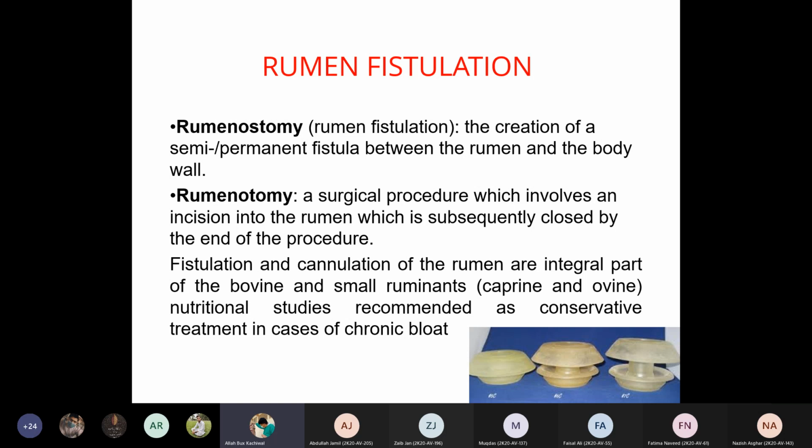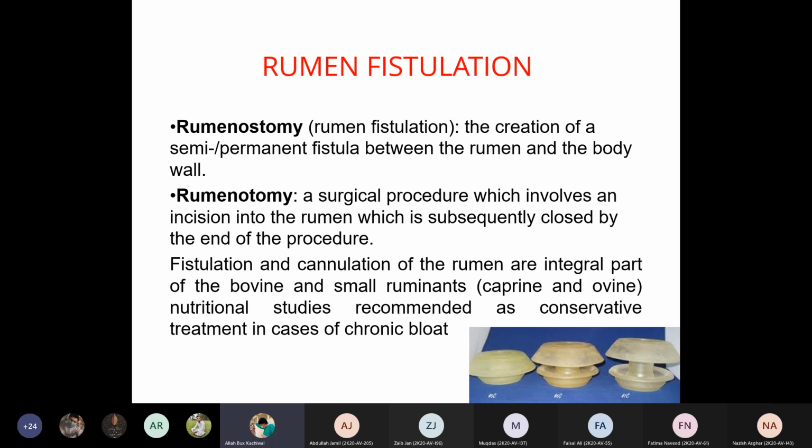So this is a common practice whenever you have to perform any observation on the digestion of the rumen, how it is being digested during chewing and then after regurgitation. You can take samples for 8 hours of eating, 8 hours of regurgitation and 8 hours of resting, and analyze them by observing and taking the